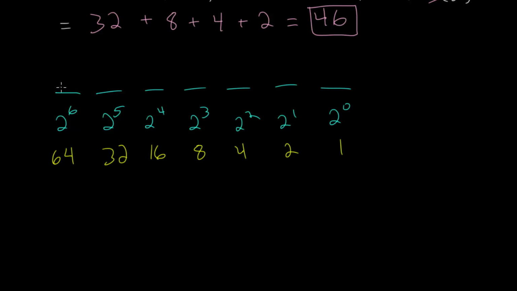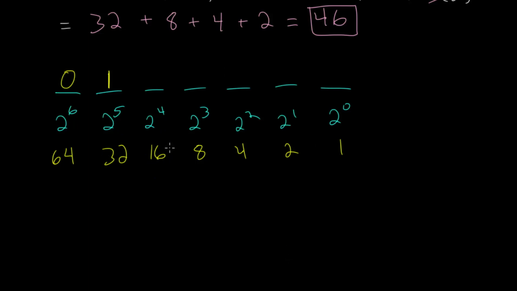And we can imagine filling these buckets to get 46. If each of these, you can imagine, is a bucket. Now, this place value is 64, but we have a number less than that. So we will not fill that bucket with anything. That will be a 0. But this 46, we do want to fill the next biggest bucket, essentially, which is 32. We will fill that one. So we have 1 there. And then if we wanted to fill this next bucket, we would have 32 plus 16, but that would bring